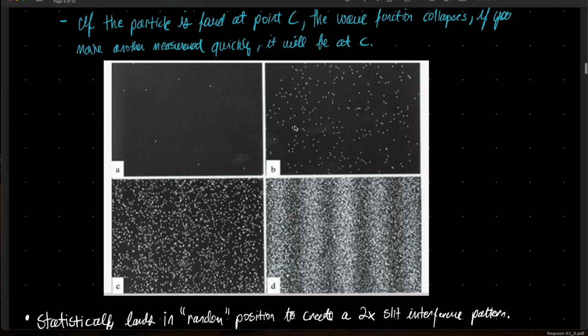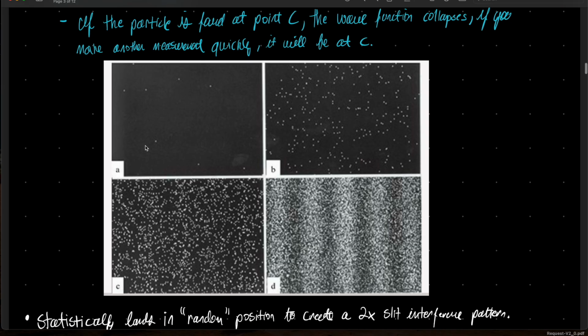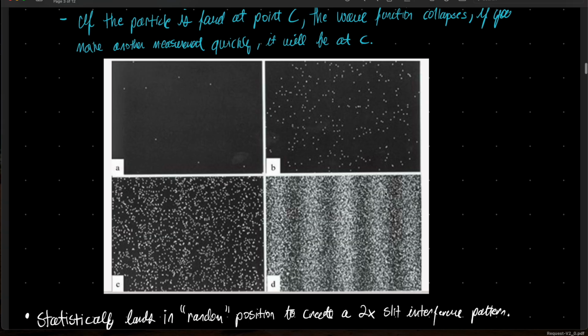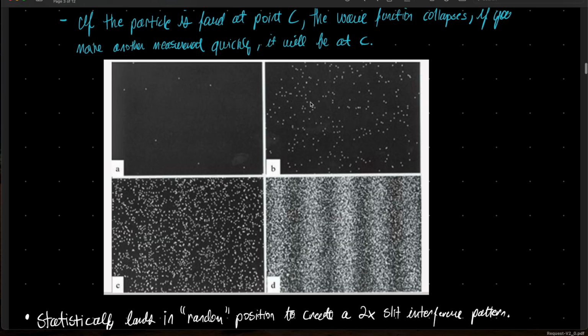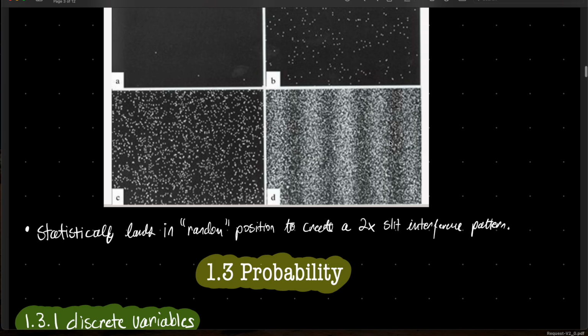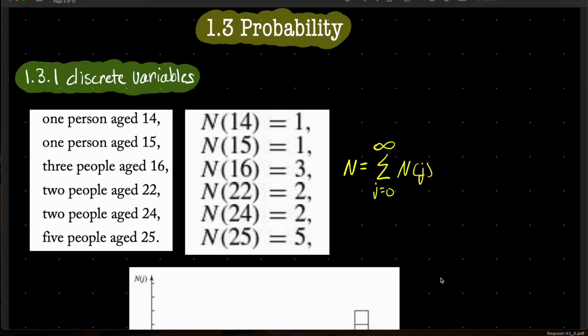Now, this is the electron interference pattern, going through a double slit or something like that. If we're going chronologically here, we're going from A to B to C to D. As you can see, at A, we have these seemingly random positions of particles landing on the screen, and it's inherently just unpredictable. We'll find the overall pattern, but determining what the electron is going to do seems ridiculous to say if you weren't talking in terms of probabilities. So quite fascinating, really.